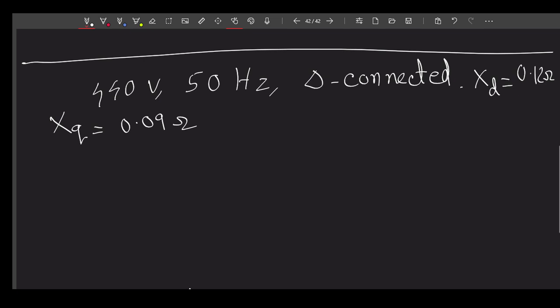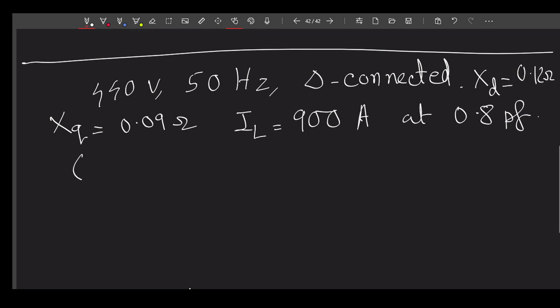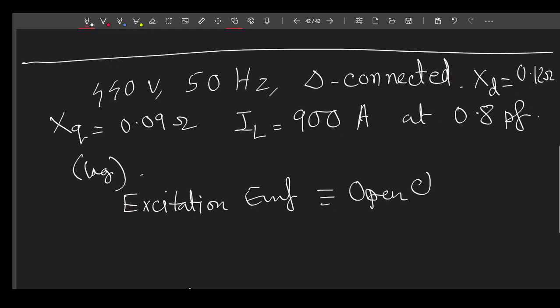If the alternator supplies 900 ampere, we need to calculate the excitation EMF. Excitation EMF is also known as